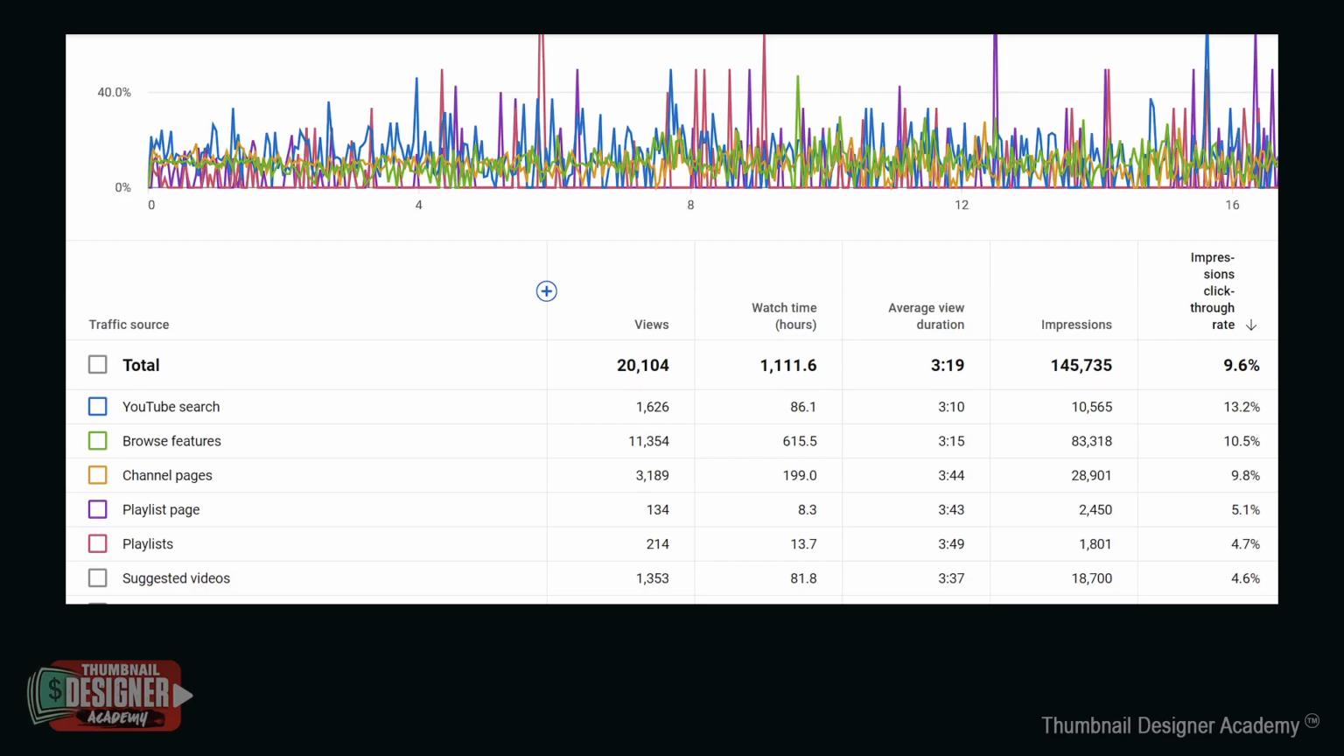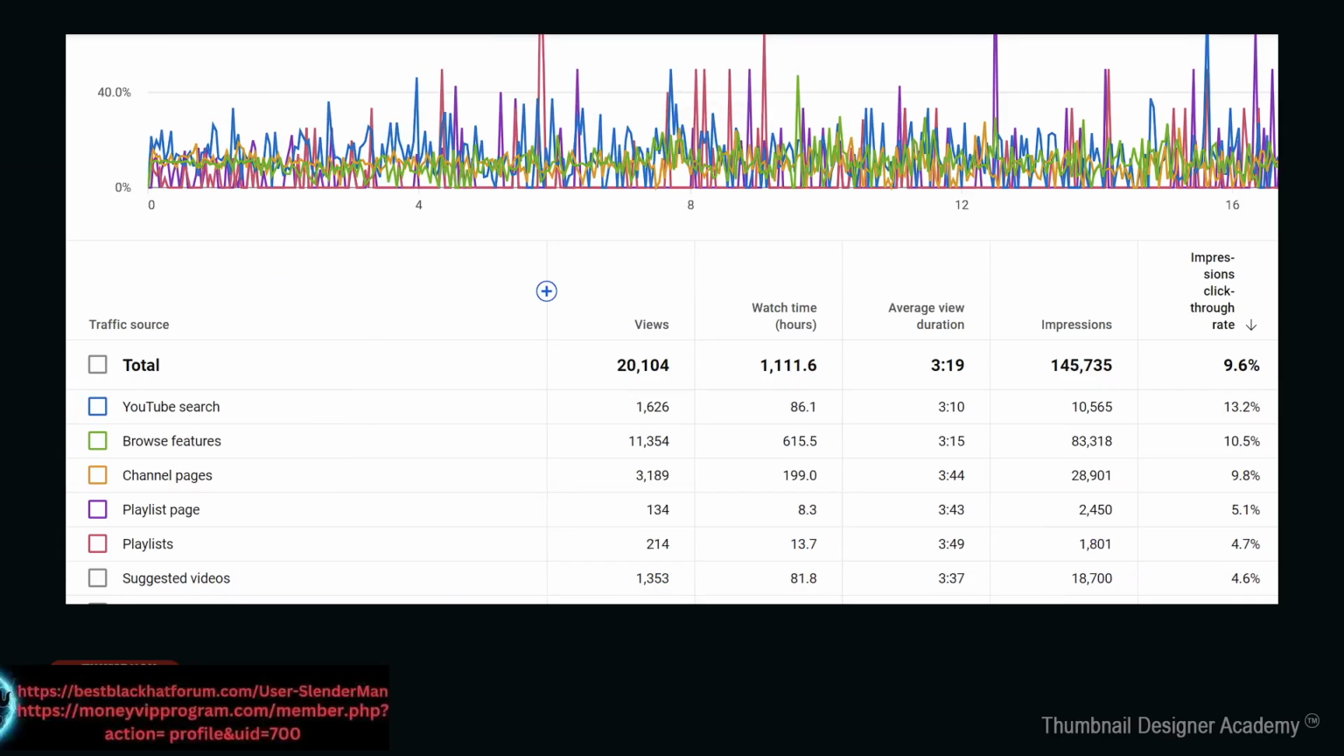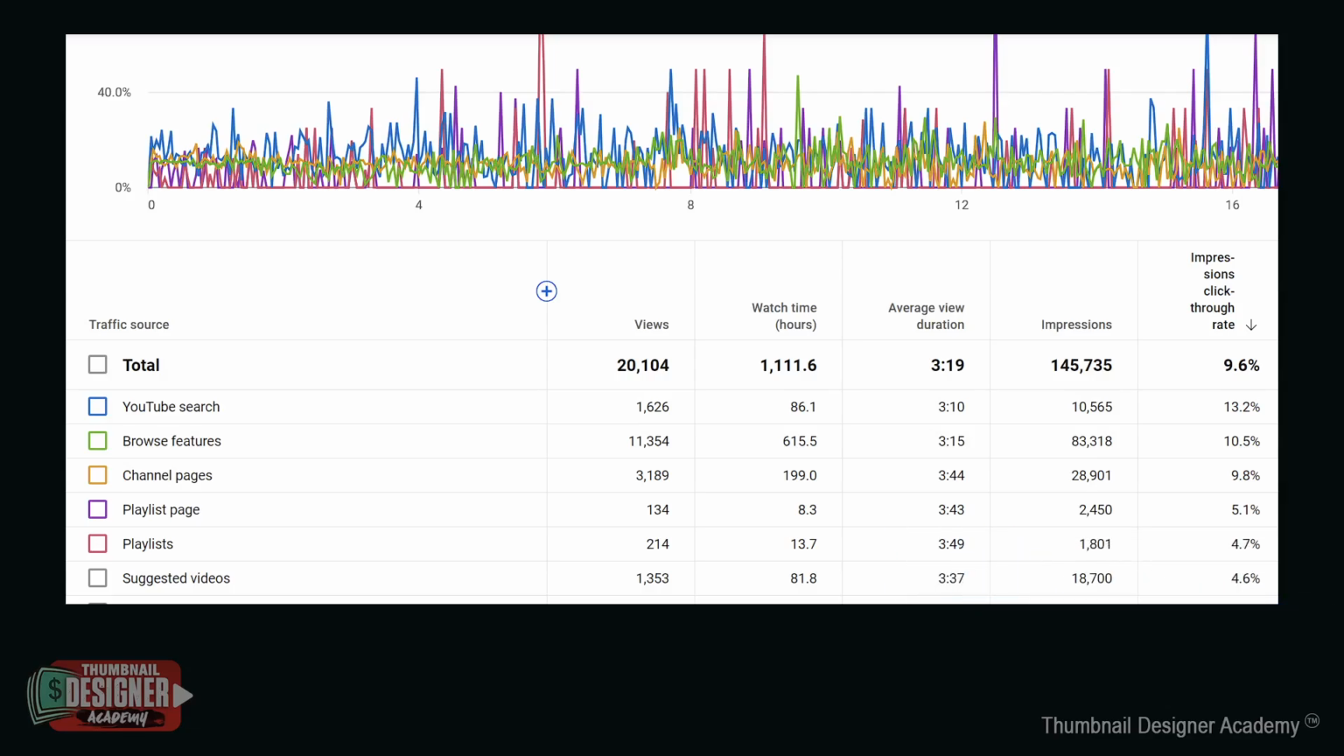And down at the bottom, you can see the CTR and the views from the suggested bar. So these are suggested videos that show up on the sidebar when you're watching some other video. And then you have browse features, which I believe is typically on the homepage. So as you can see here, suggested videos received a 4.6% click-through rate, which is very low compared to the 10.5% from browse features or the 13.2% from search. So